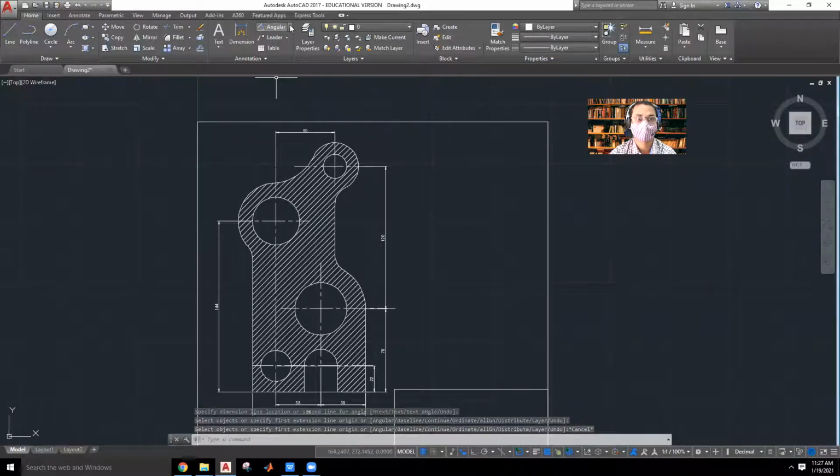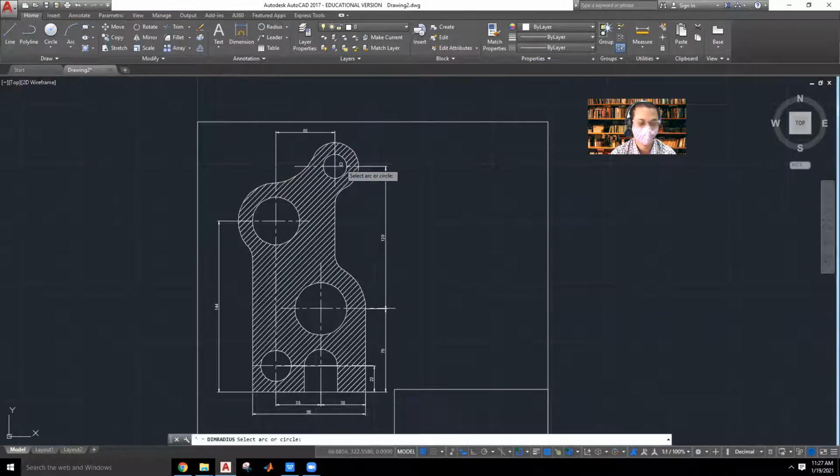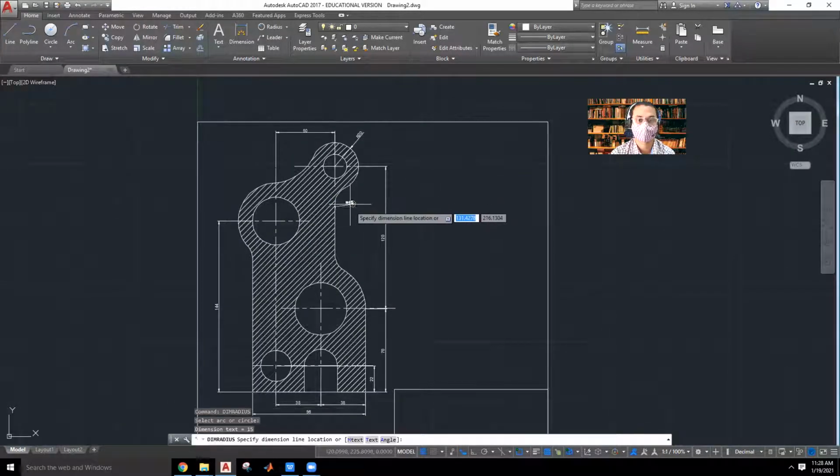I'll just click on the radius. I'll select this one. I'll paste it. So it is R20. I'll select this fillet radius. Right click, repeat dim radius. Select this one so that it is R15. Again right click, repeat dim radius.